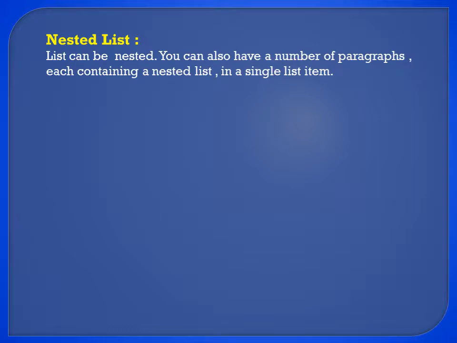Now we are going to discuss the nested list. This is again very important, that is the nesting of the list. Nesting of the list means what? We can write one list inside of the other list. So it is called nesting of the list. It is a combination of unordered list and ordered list, or it is a combination of just ordered lists. So these two lists you can combine within this. So writing one list inside another list is called nesting of the list.